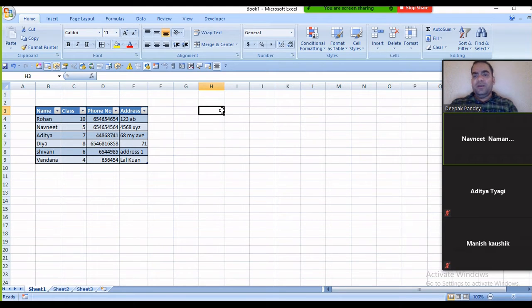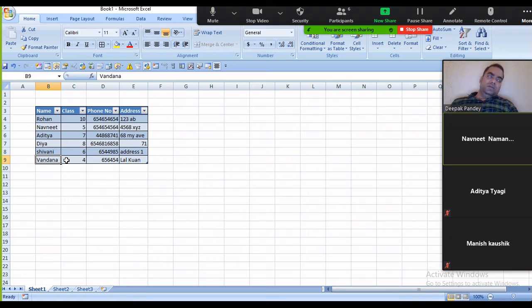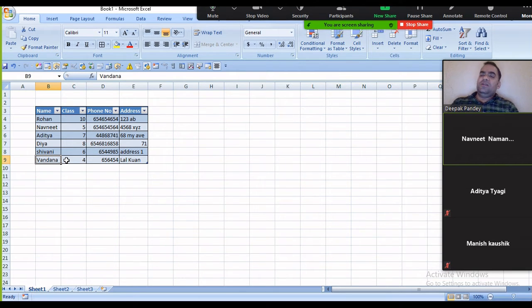Suppose that we want to find the phone number or address for these students in the table. Suppose this column contains 5,000 or 6,000 records, and the name Vandana is at the bottom or somewhere else. I don't know where it is in the table.